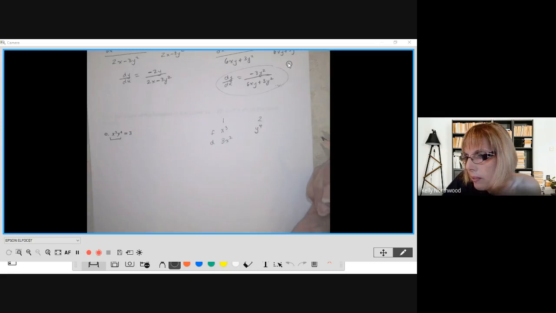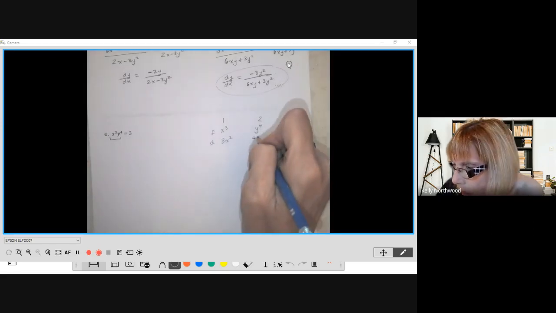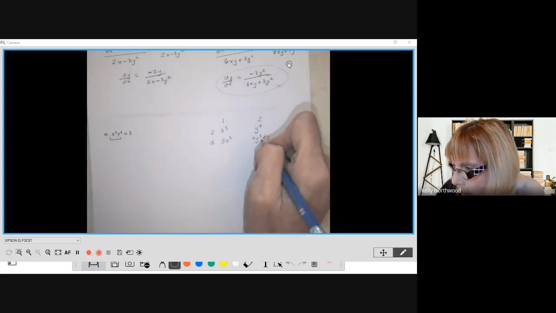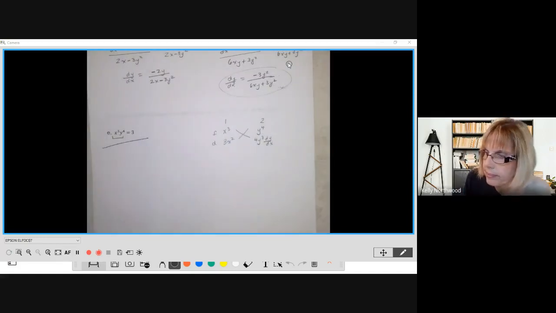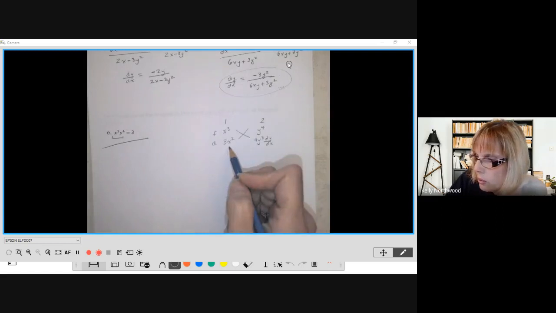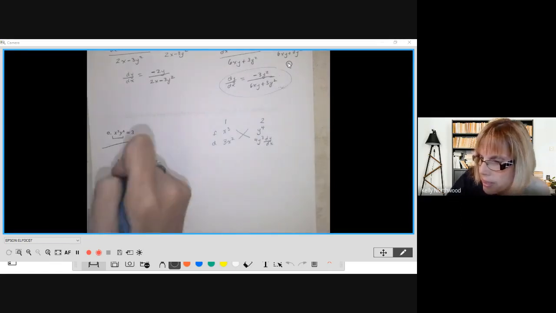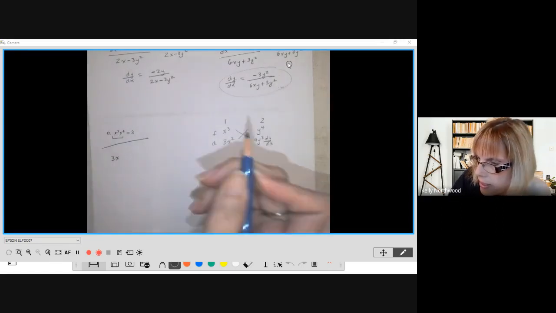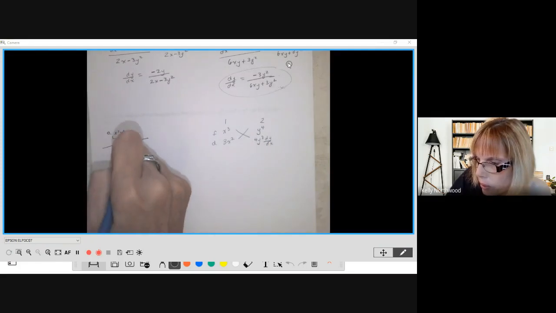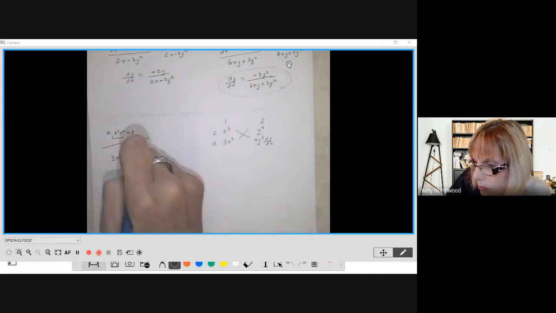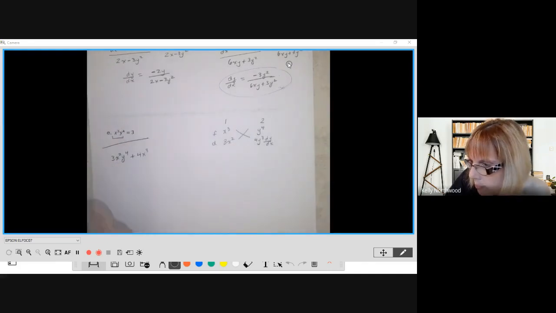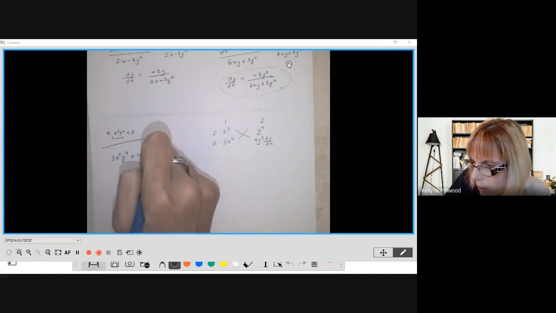Derivative of y to the 4th with respect to x is going to be 4y cubed times dy by dx. So derivative of the first times the second is 3x squared y to the 4th plus 4x cubed y cubed dy by dx